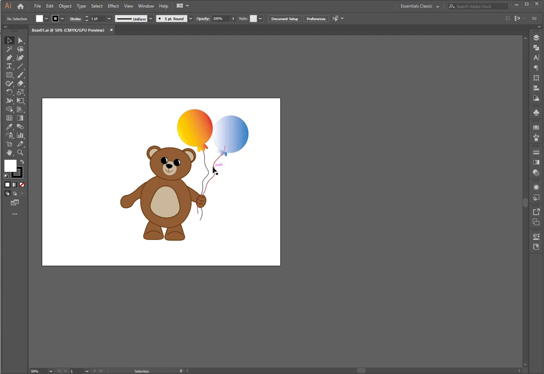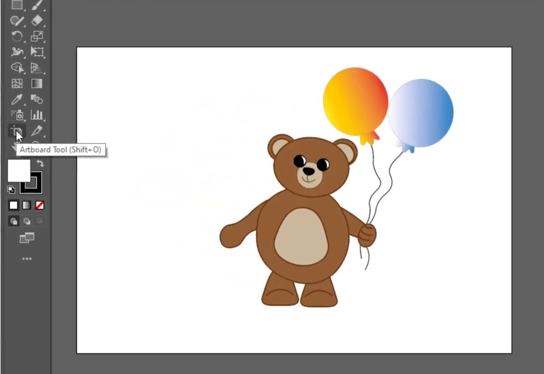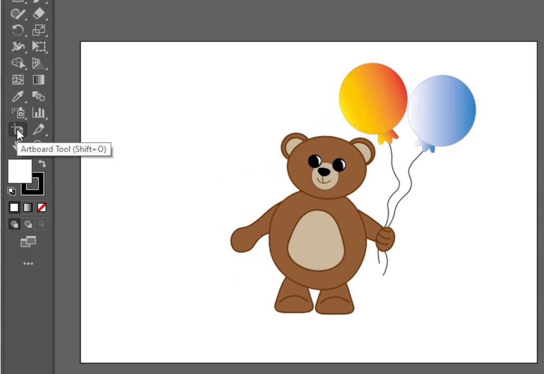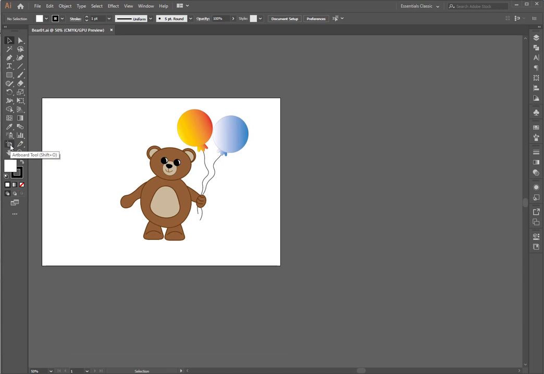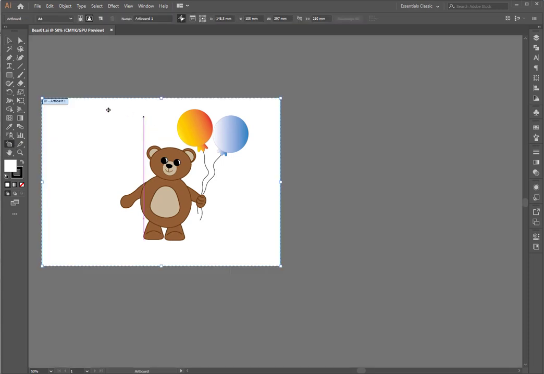So for this to happen, you can easily click on Artboard tool from the tools panel, and this is the icon for Artboard tool. So just click on it, and as you can see, it is now active. You can either change the current artboard size however you like, as you can see, and to keep the dimensions, you can